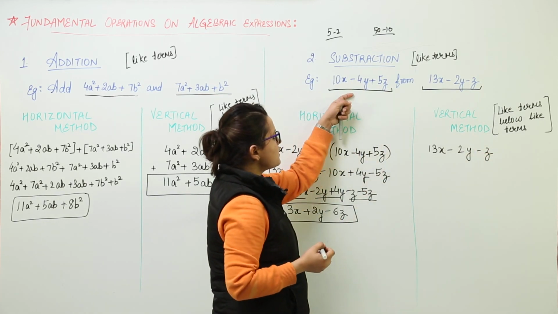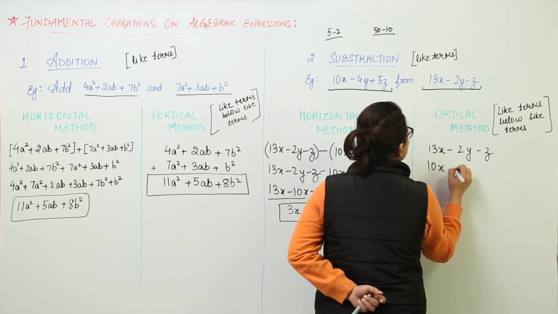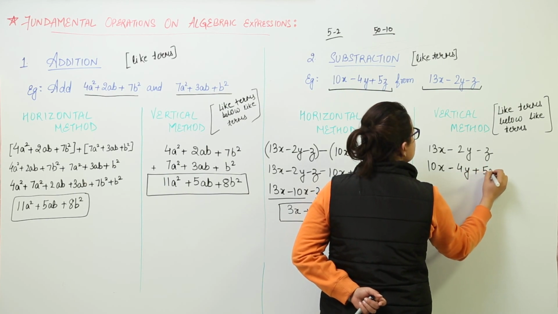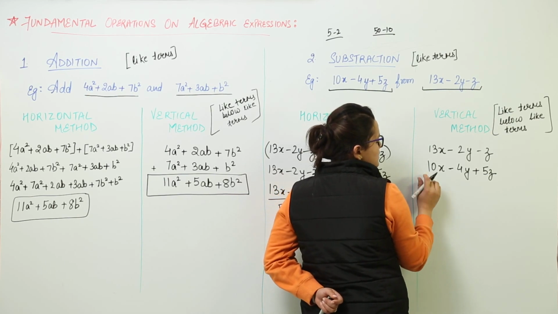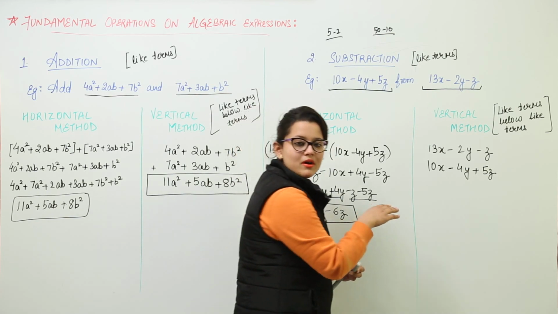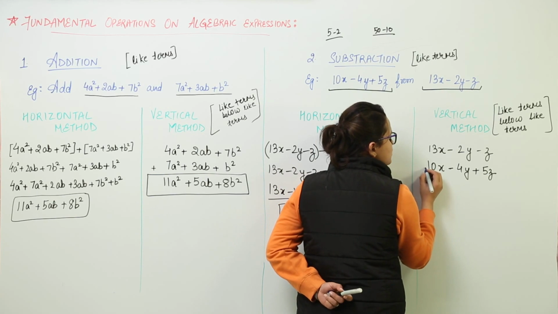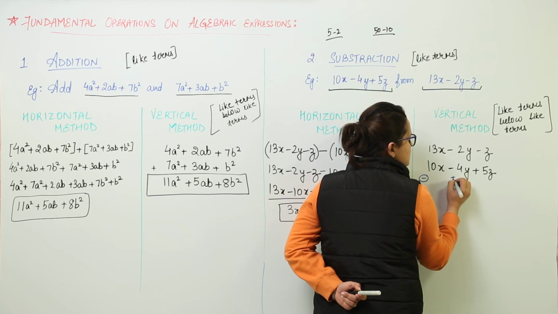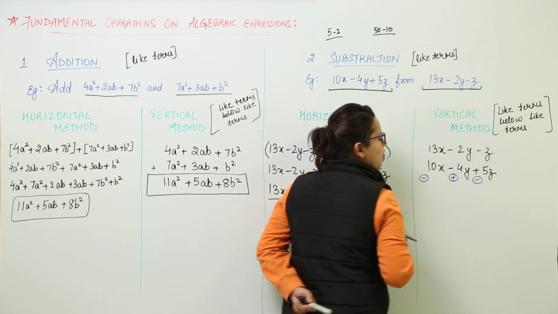Now what is the other expression? It was this. So we'll write it: 10x below the x term, 4y below the y term, and 5z below the z term. Now you are going to subtract. For subtraction, you are always going to change your signs. The signs of the lower expression always get reversed. By reversed, I mean if this was plus, its sign has now become minus. If this is minus, its sign has now become plus. If this is plus, it has been converted into minus.